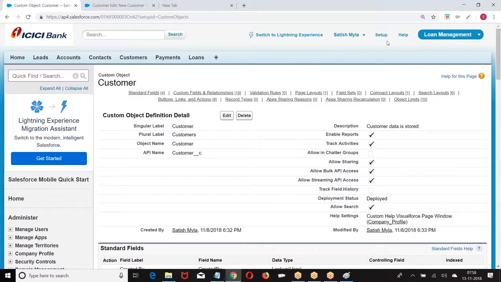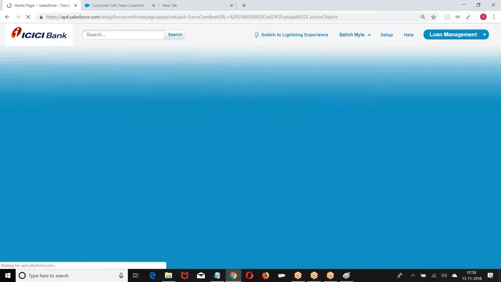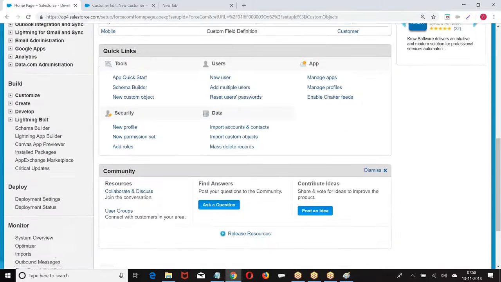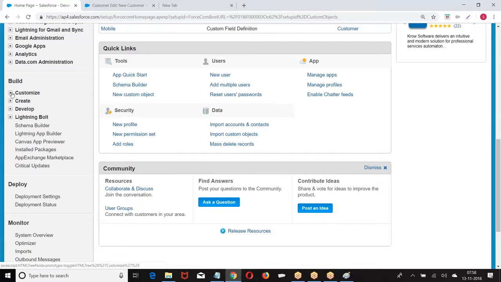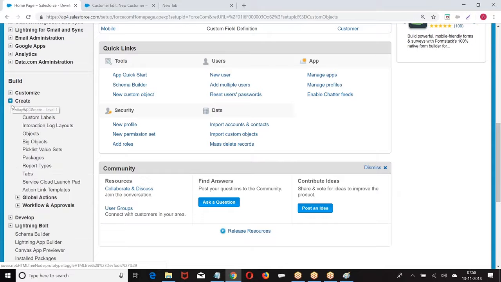look at the point, setup, build, create, pick list value set. Build, create, pick list value set.